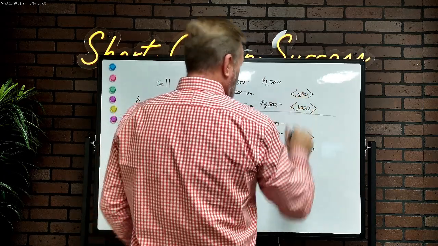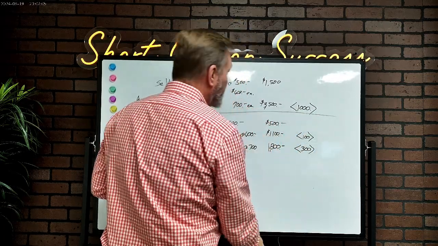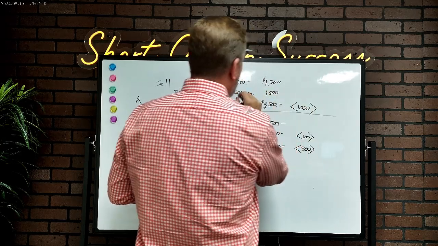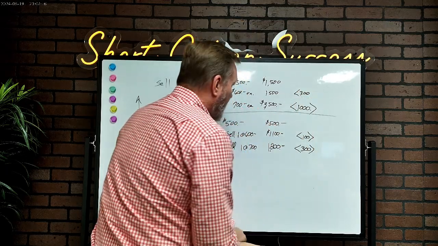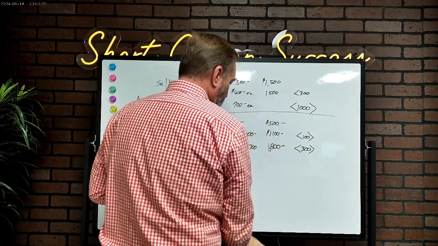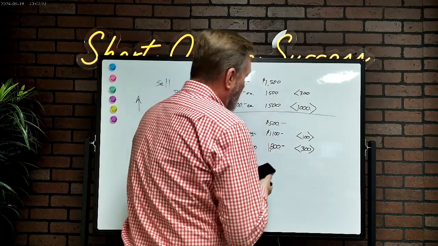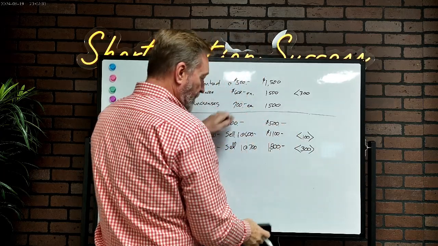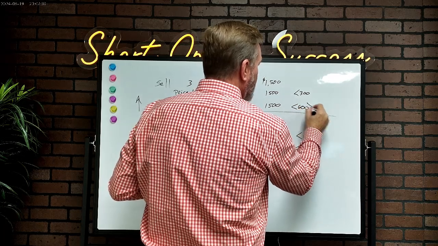So $600 times 3 is 18. So I'm behind on this first. I still only have $1,500 collected, and they're worth 3 times 6, so they're worth 18. So I'm down $300. And then it goes up again. Now they're worth $700. I've still only collected $1,500, and they're worth $2,100. Now, 3 times 700 is 2,100 minus the 15, so now I'm down $600.